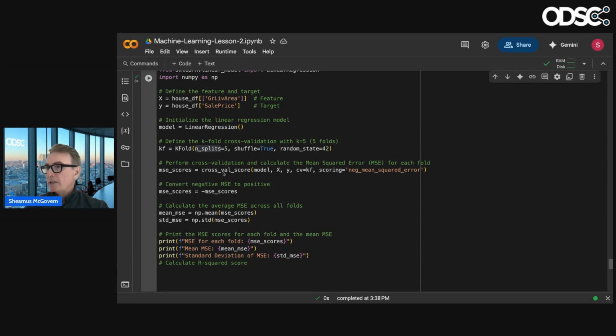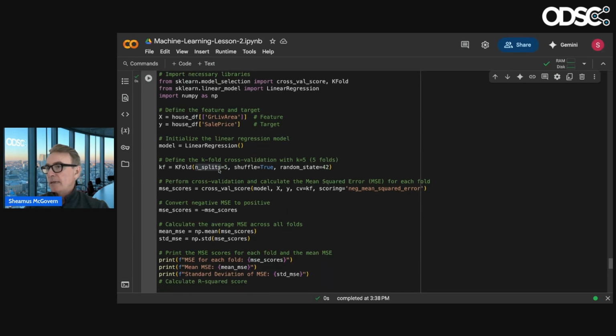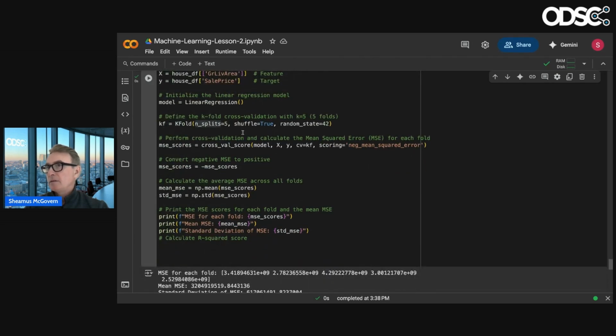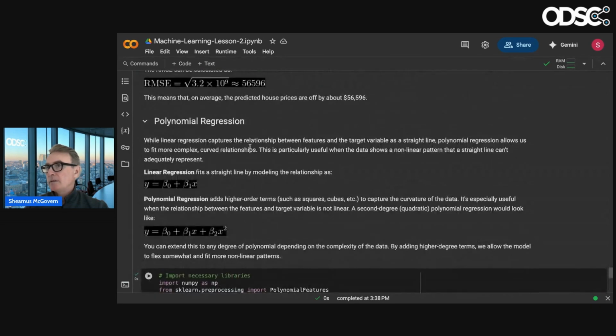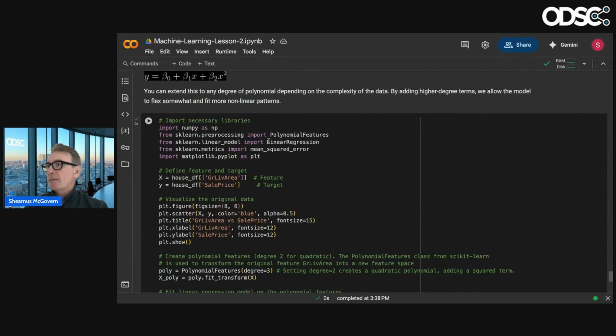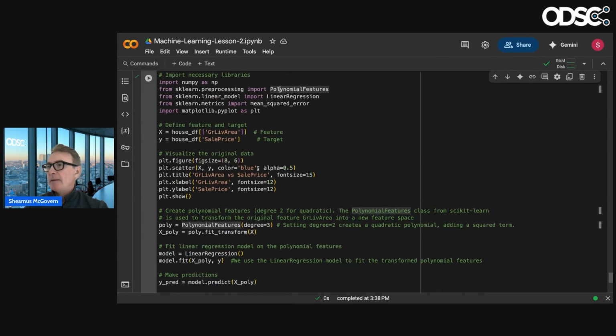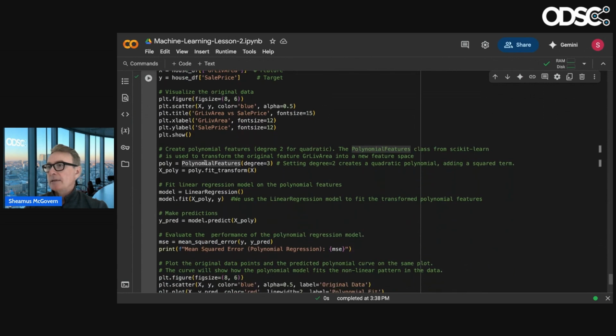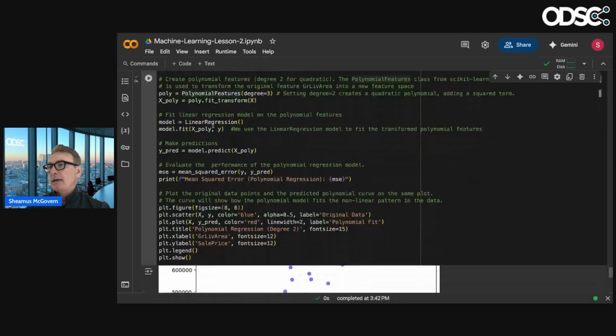I'm going to do some cross validation. I'm going to score that. So that's the fold here. Oh, sorry. Where's the polynomial here? Here I go. This is the polynomial feature. Let's see here. What are we doing? So your polynomials, second order, third, quadratic, different types of polynomials. We can try a third degree one here, and then we're going to do a fit transform to that variable and plot it out.